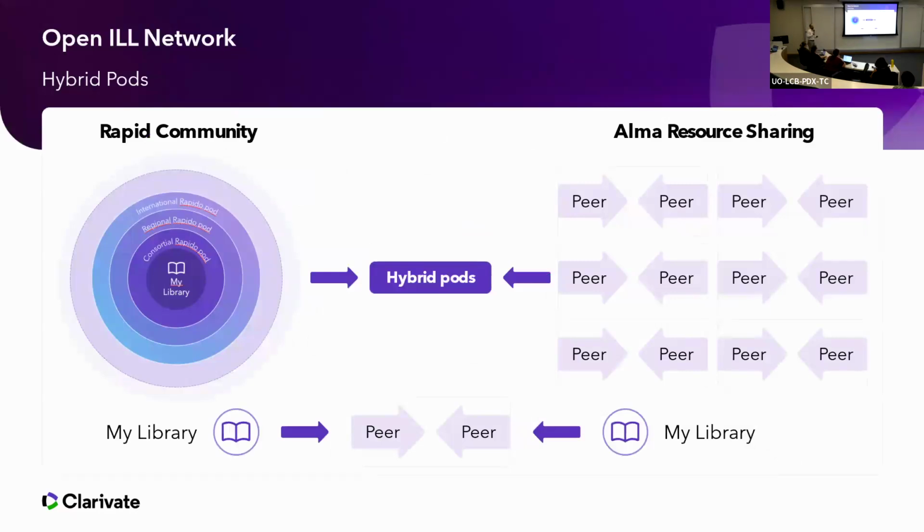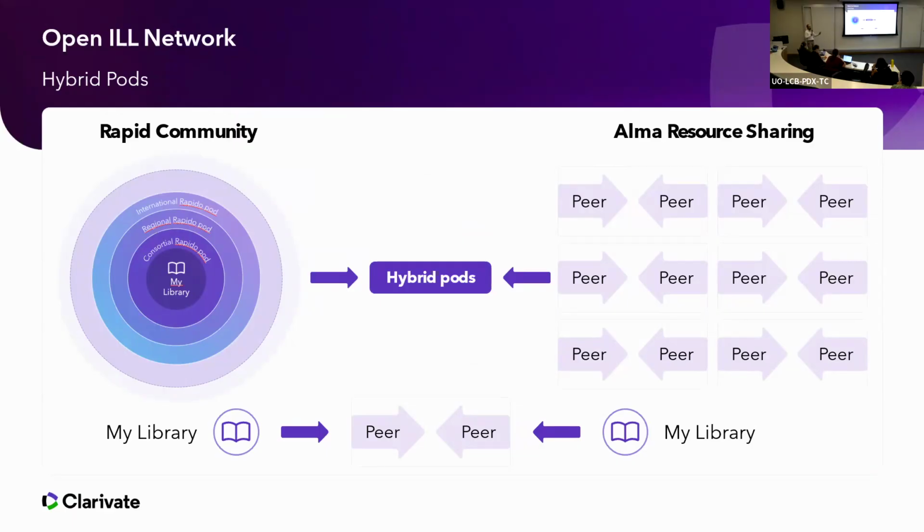Okay, so I want to talk a little about some of the work that we're doing with the community in terms of getting users access to material. So Rapido was developed to be what we're calling an open ILL network, meaning that it integrates with a number of different systems. And we work with a lot of really great partners. We have Research Solutions, aka Reprints Desk. We have a really wonderful cloud app that works with their services.